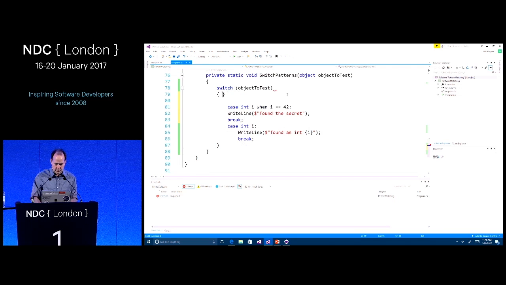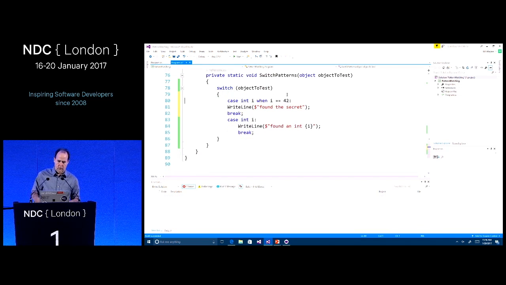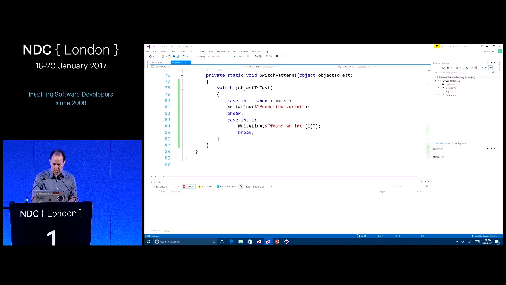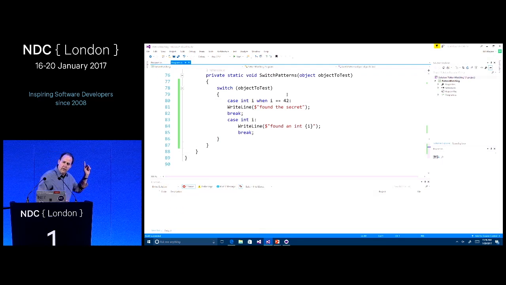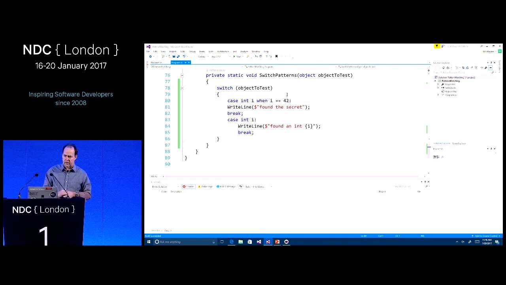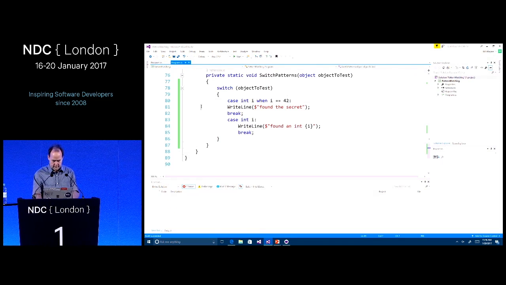And I deleted my opening brace there accidentally. All right. Cool. So let's just run this, make sure I typed the code correctly. Yes, found the secret, got our zeros and found the secret. So now what's cool here in the new syntax, note that first of all,